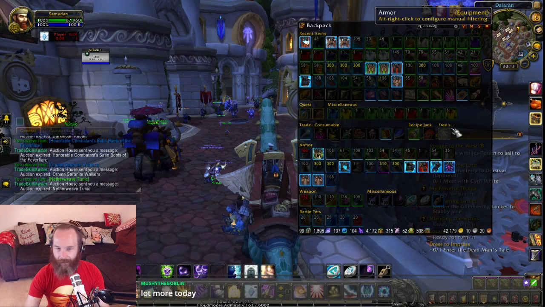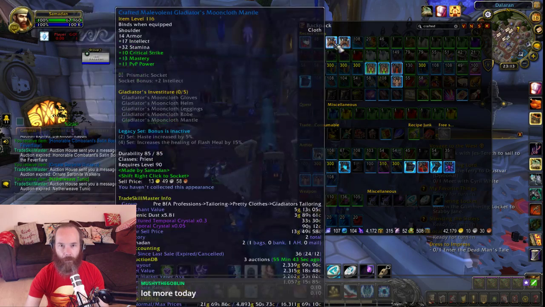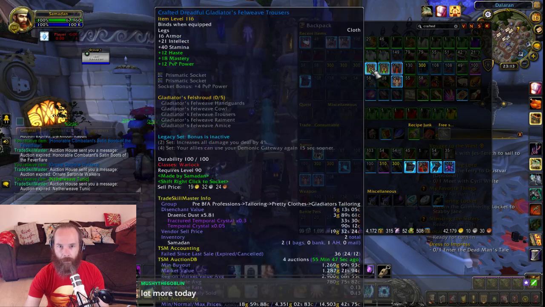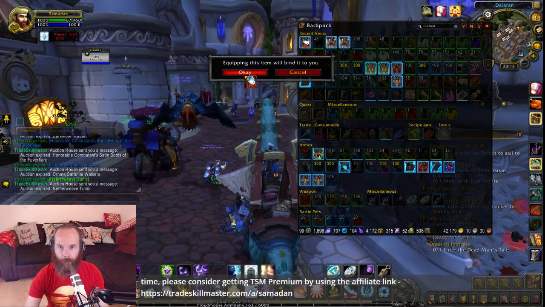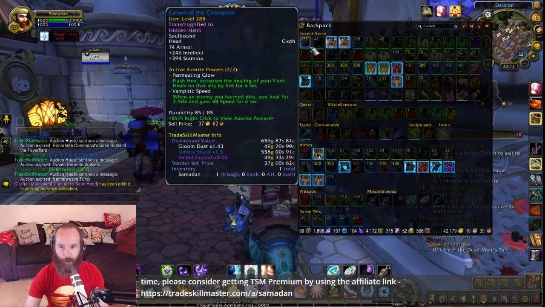Veggie Burger, how are you? Thanks for stopping by. Right, so let's start with collecting the appearances of these. The satin hood, and then we're going to vendor these afterwards, because it's better to vendor them than it is to actually disenchant them. Okay, so that's done,